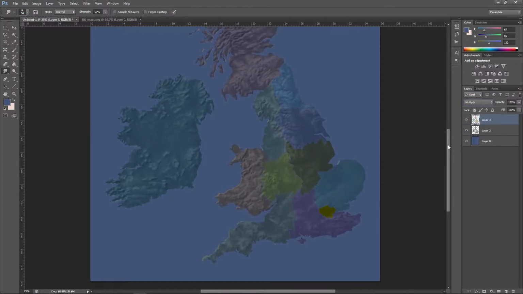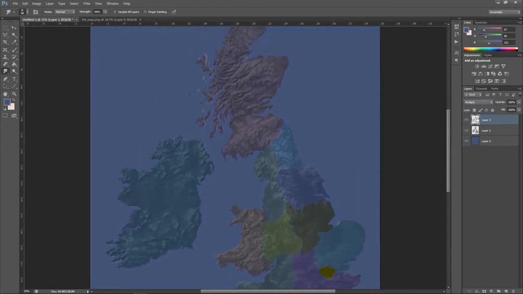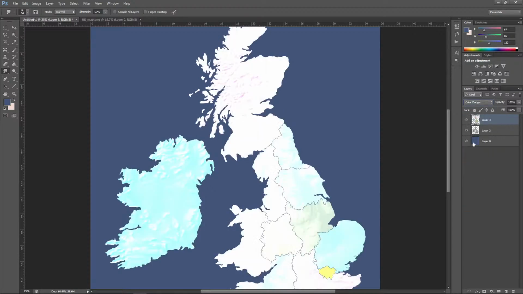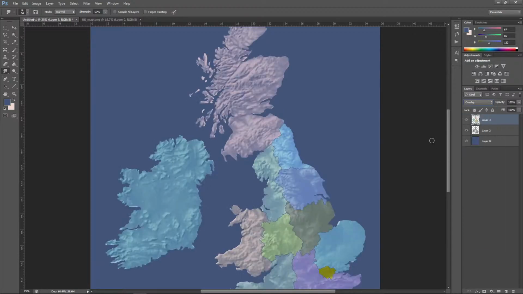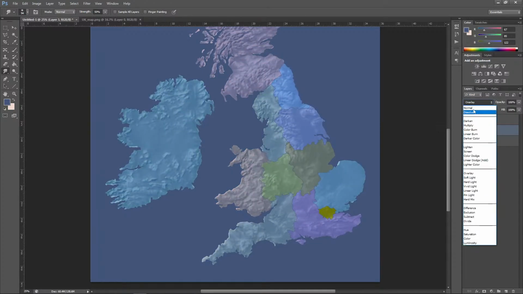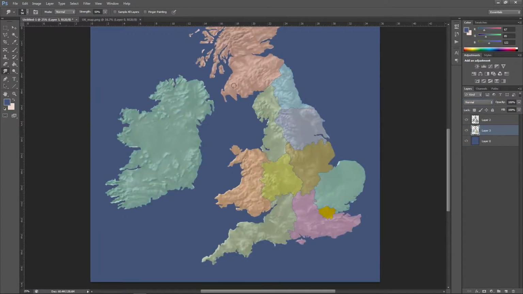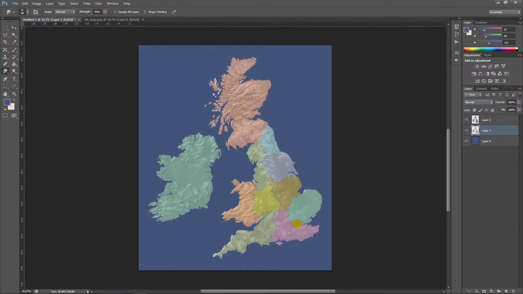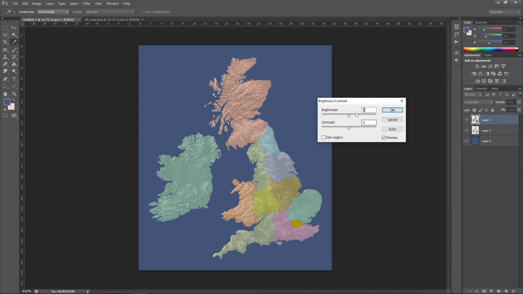So this will make it really dark. Nope. So this is what I need, just to lower the contrast, so you can still see the hills,